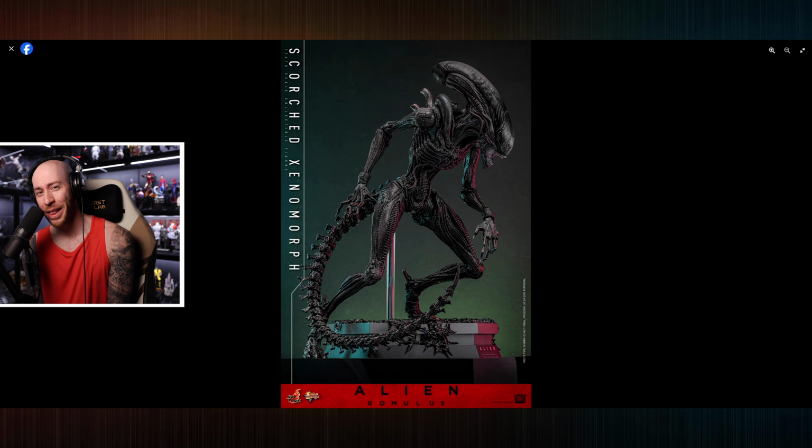a way revitalized the Alien franchise, because a lot of the Alien films prior just were kind of mid. Prometheus, some of the others just weren't that great. And now we have, of course, Romulus, which was actually very successful financially and a really good film. I actually just watched it about a week ago, and it was really, really good. So I'm definitely picking this thing up, but we're gonna go into all the details today so you can make